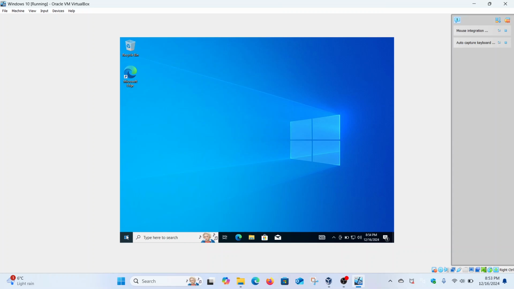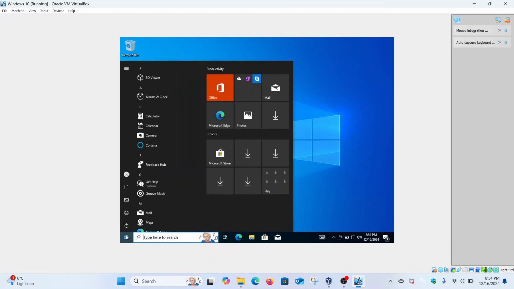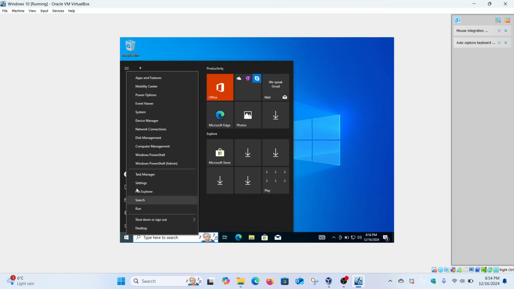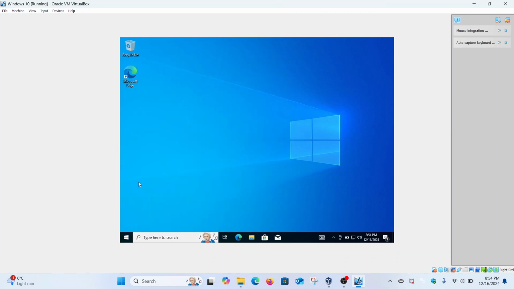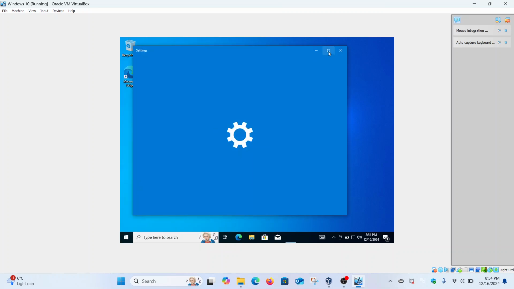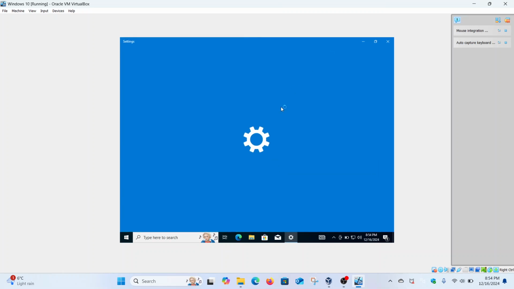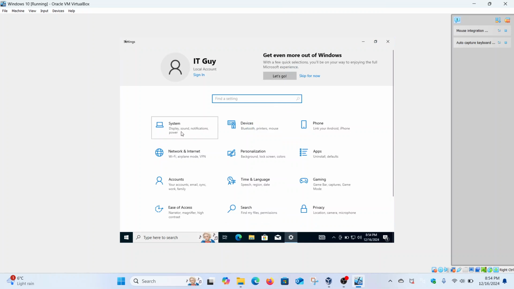For the other setup, especially the IP addresses, IPv6 and more, I will do the settings later. So in order to rename the PC you need to click here Settings, and in Settings